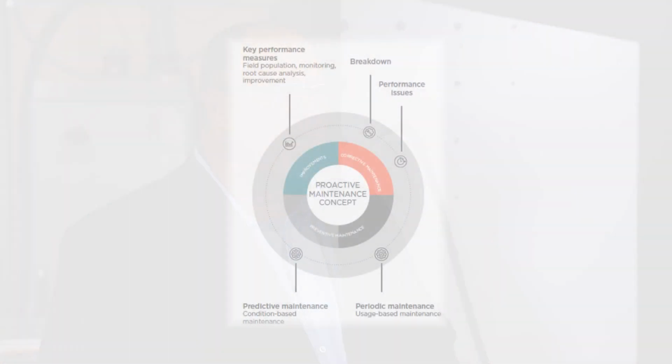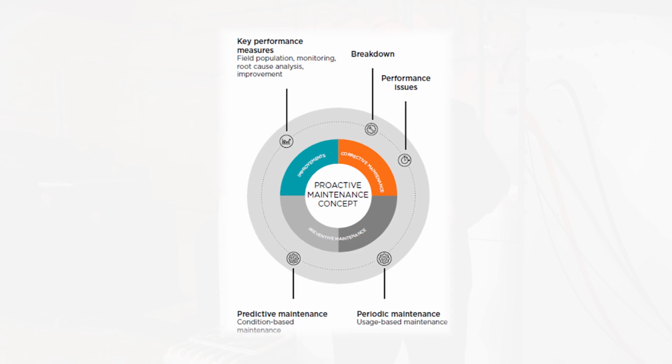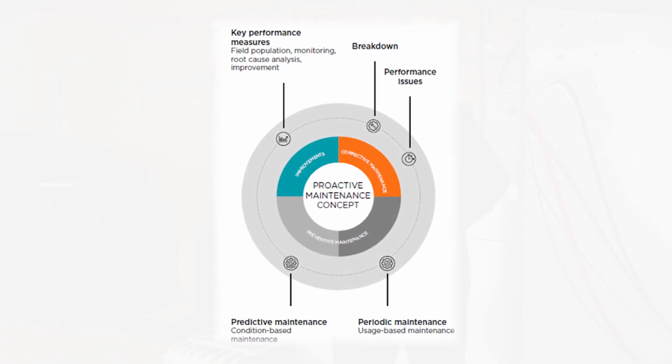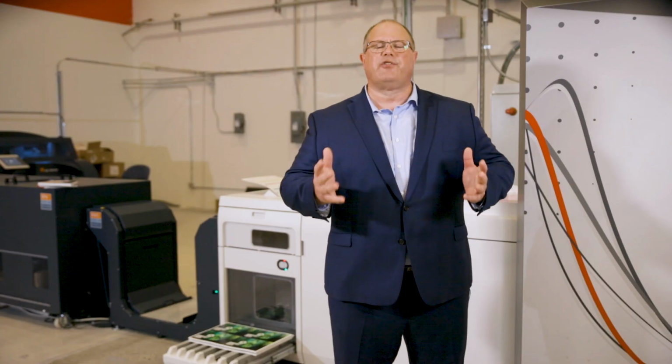All of this technology is supported by a service innovation called Proactive Service, which uses sophisticated data analysis to increase uptime and significantly reduce service visits. Intelligent use of the data collected from every connected varioPRINT IX series in the field gives this highly reliable production press a significant uptime boost. So in summary, at the beginning of this demonstration, I outlined the 4 pillars that our